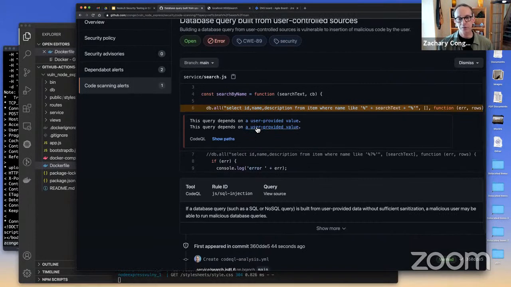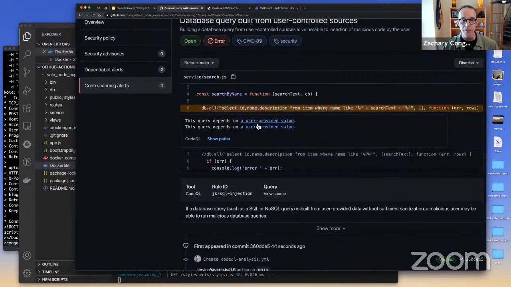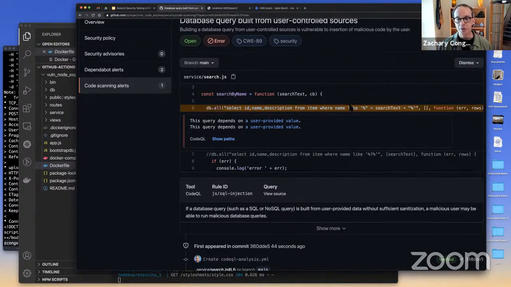And so this is really nice. What it does is it says, hey, in your service/search.js file, I found an issue on line 6. And the issue I found is that this query depends on a user provided value. You can click through all this and get an understanding of what it's telling you. But just really quickly, I can tell you what it did because we wrote this. Essentially, this is trying to run a query against the database, and it's just dropping your search text right into the middle of the query, which is terrible form unless you have done some sanitization of this input, because this input is